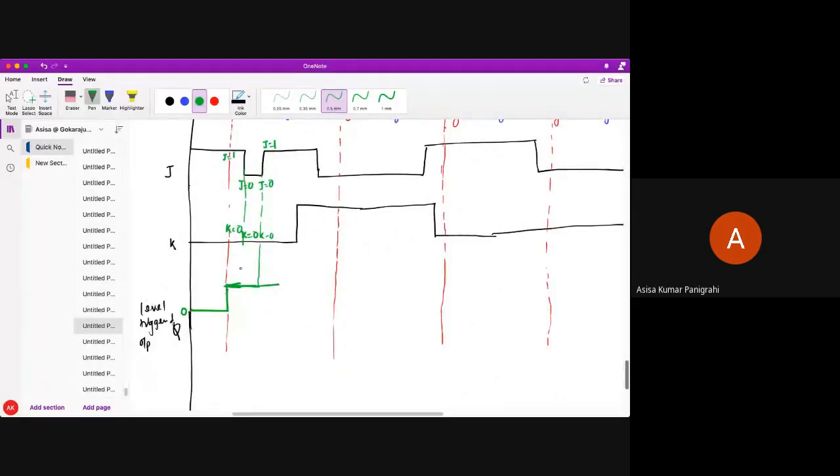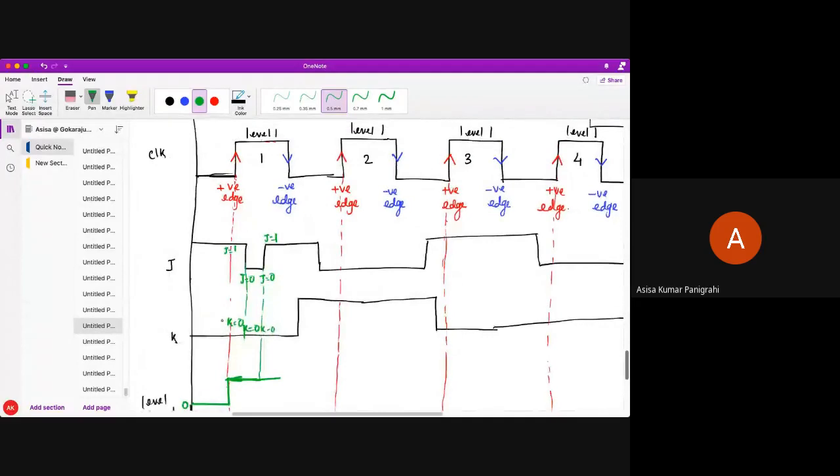It will keep on going up to when? Up to any other change happened in this level 1? No, in this level 1 is up to this only. So there is no change. Up to here it will come. After that it will again continue up to next level 1.